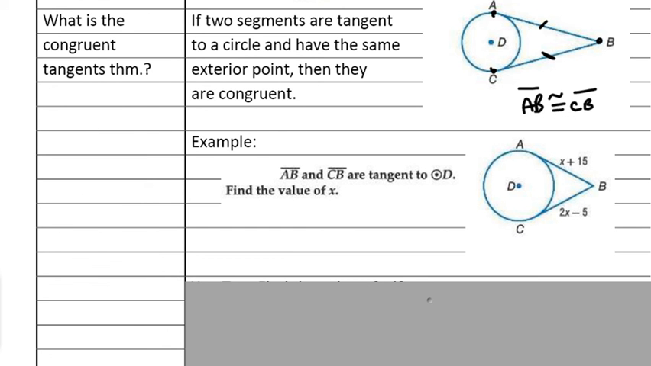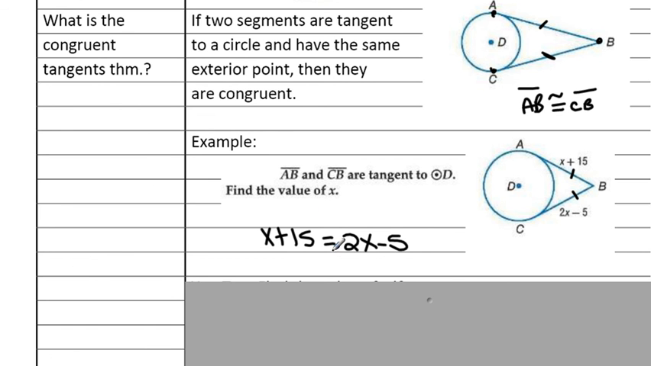So let's go ahead and see how this works in an example. So if AB and CB are tangent to circle D, then we want to find the value of x. So again, this is the ice cream cone. If these two are not congruent, then the ice cream wouldn't stay on the cone. So we want these two to be congruent. So to find x, we are going to set the two expressions equal to each other. So x plus 15 should equal 2x minus 5 in order for our ice cream cone to keep the ice